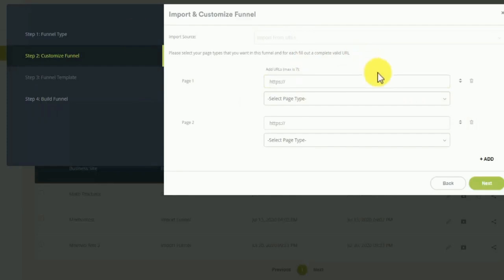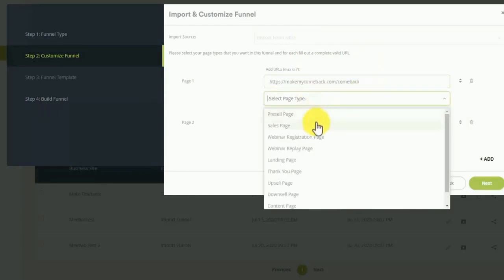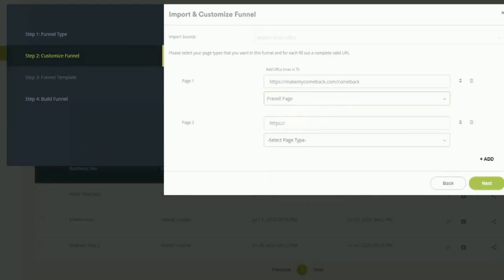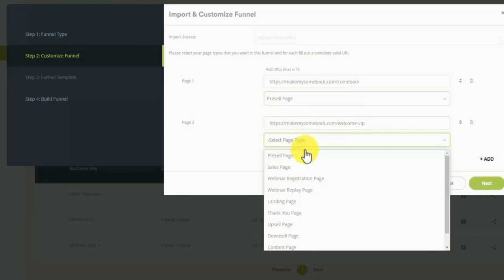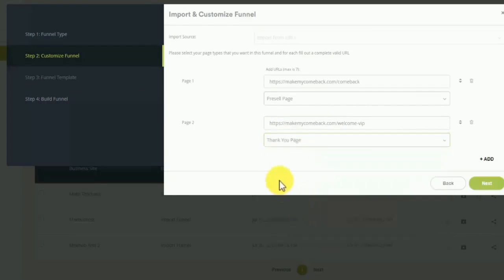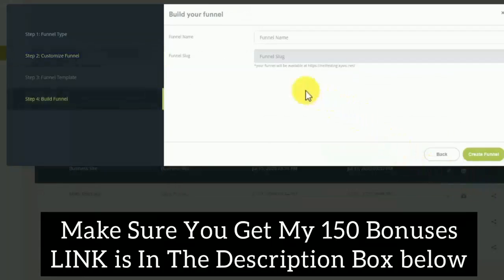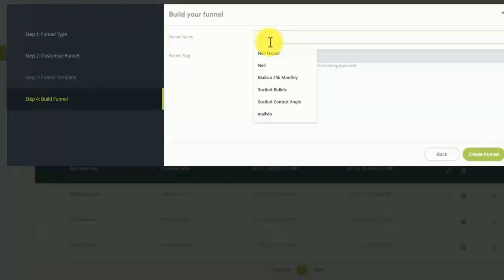Okay, so this is the first one, which is going to be the pre-sale page. It's his opt-in page, and then this is going to be his welcome page. So this is going to be the thank you page. This is important for classification. I'm going to click next and call this